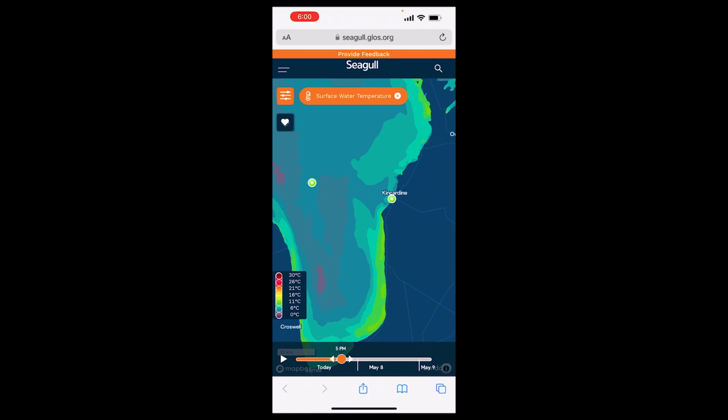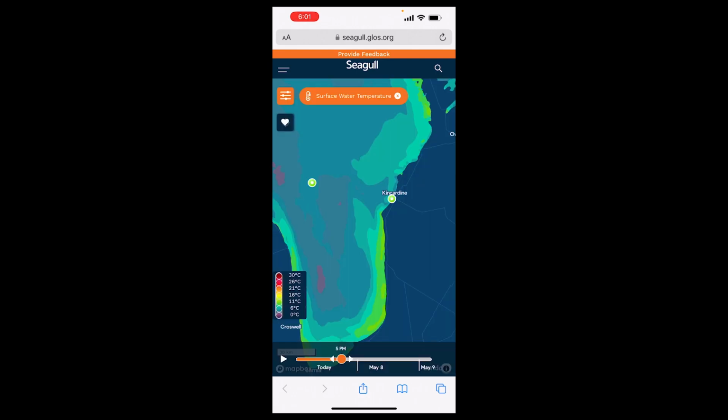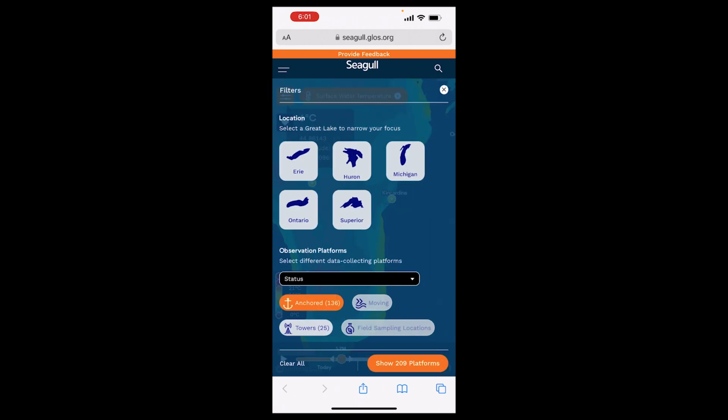If I click on that dot, it comes up with another little marker, and it says that's at buoy 1, and there's an arrow, and if I click on that arrow, there it is. It brings up all of these things that I've wanted to know: the wind speed, the water temperature, the air, not the water temperature, the air temperature, and the wind speed. So that's just perfect. Those are all the things that I wanted to observe. And so now let's just find out a little more here if we can. We'll see if we can get a little more specific.